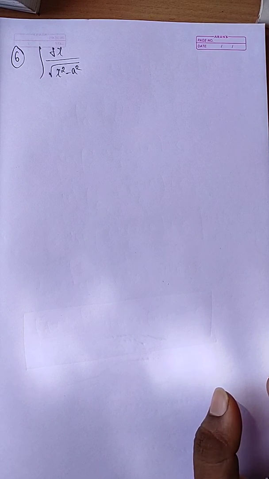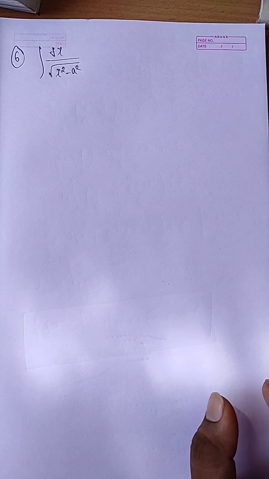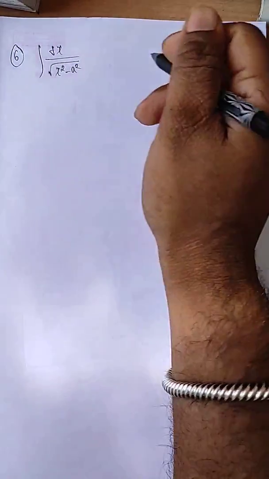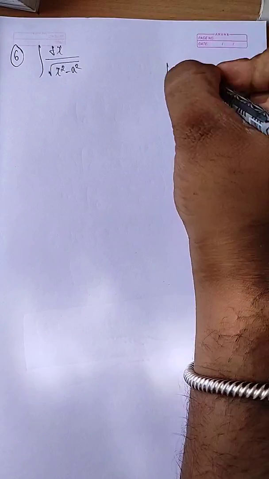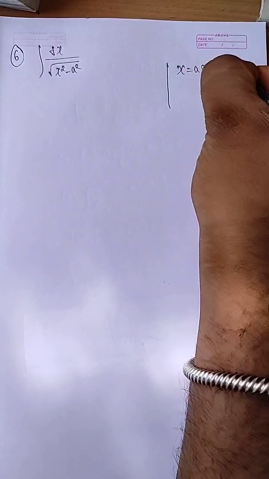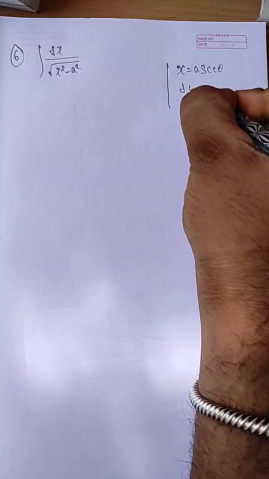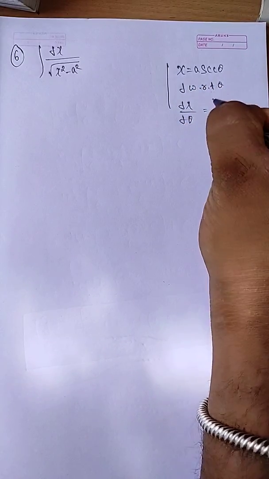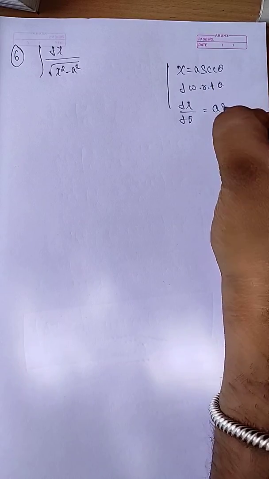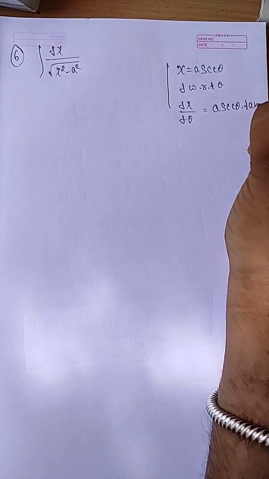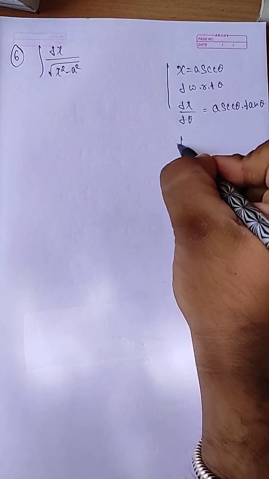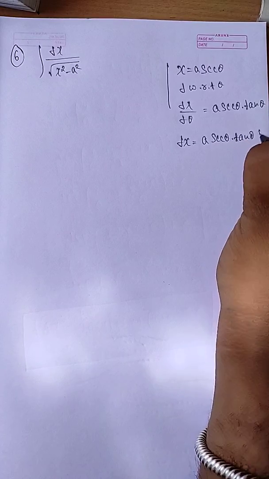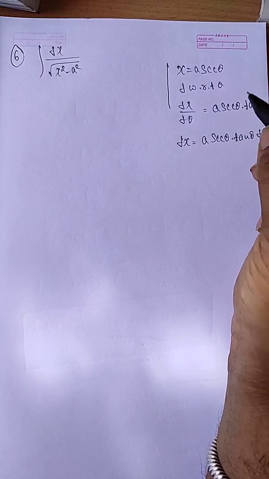In the fifth proof, what we did, the same we are doing, nothing changes here. So here we are making use of substitution. We are substituting x is equal to a secant theta. So differentiate with respect to theta. Dx by d theta is equal to, the differentiation of secant theta is secant theta into tan theta. Cross multiplying d theta, dx is equal to a secant theta into tan theta into d theta. Is it clear? Is it okay?